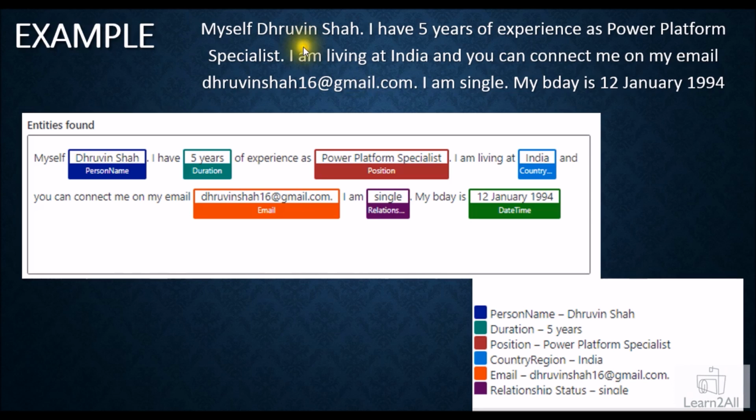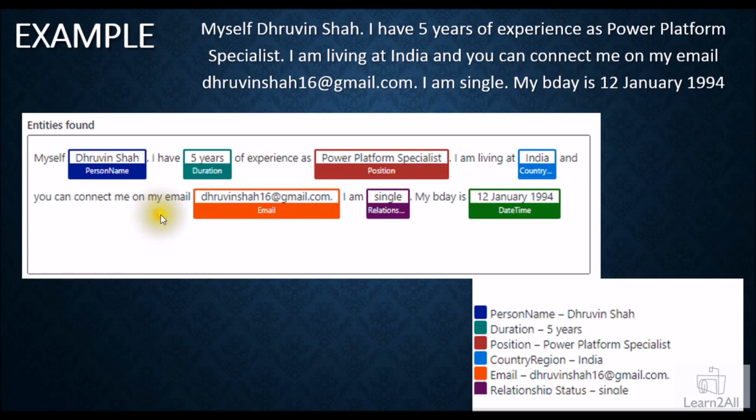Now this is in unstructured form. What the entity extraction AI model will do is fetch the possible entities from this unstructured form and convert them into structured form. So let me explain. Let's say for example, from this entire statement, which are the entities that are useful?